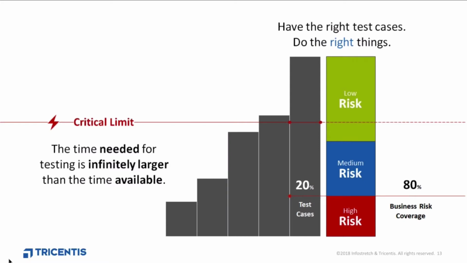So the time and budget needed to exhaustively test all possible situations is pretty much infinite, which is why we have to take a decision on what to focus on. As a rule of thumb, of course, there's the 20-80 rule. With around 20% of the right test cases, you can already cover around 80% of your risk. And Tricentis Tosca's optimized capabilities now support you here to find exactly the right test cases you really should focus on.